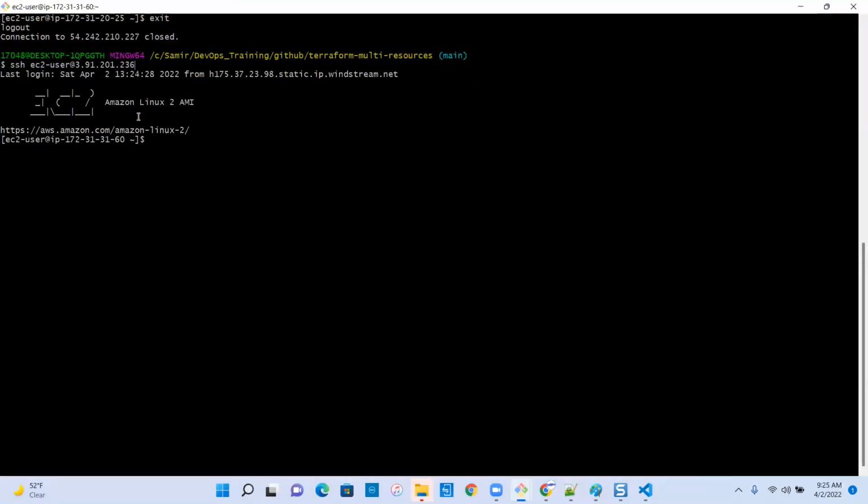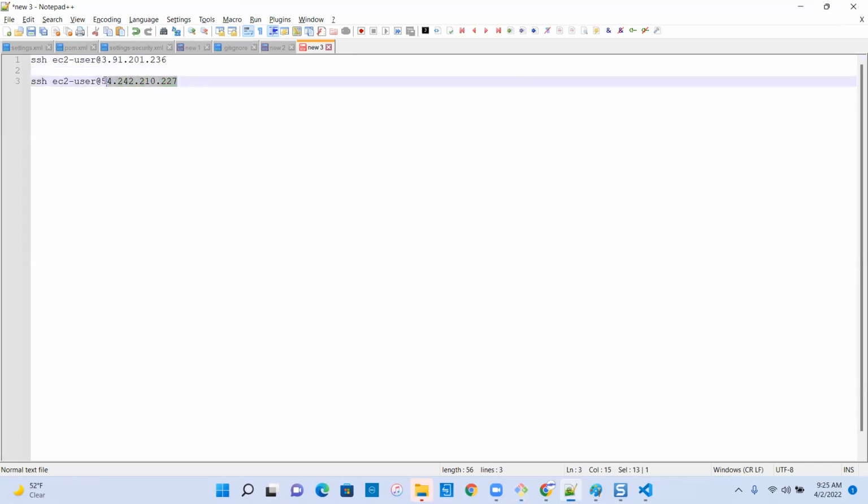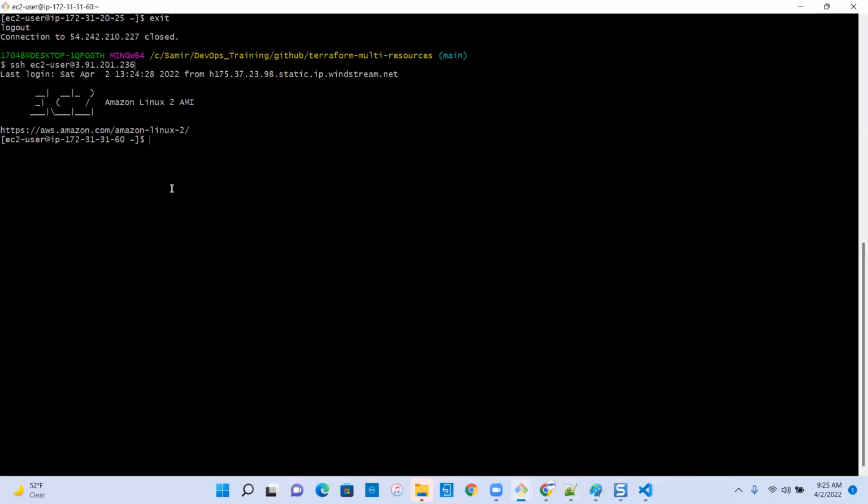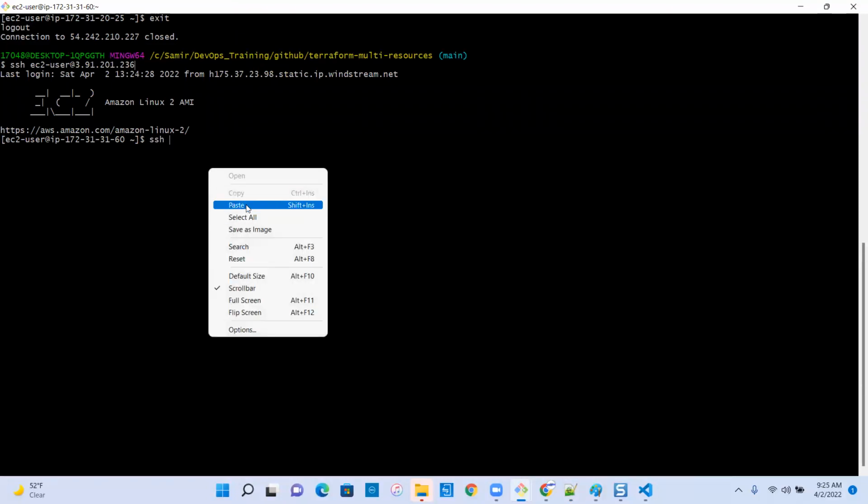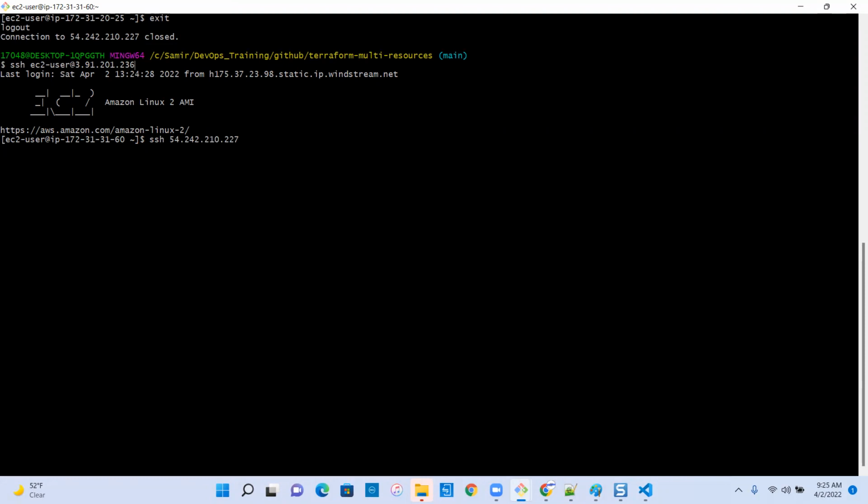If I log in here, and if I want to SSH to this box from there, will it allow me? Doesn't allow, right? Romana, you said something? Yeah, it looks like it's not allowing, right? It will not allow, it should not allow. So what we will do is we will go to the